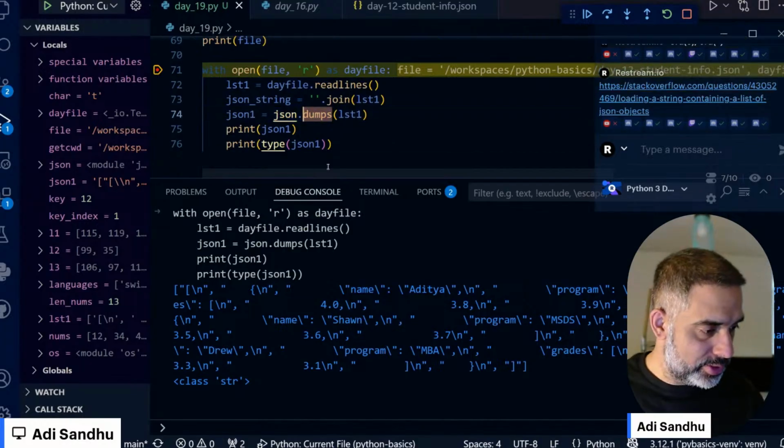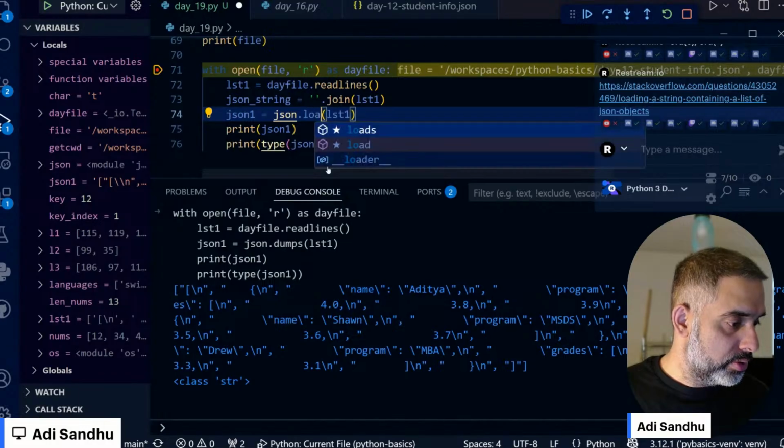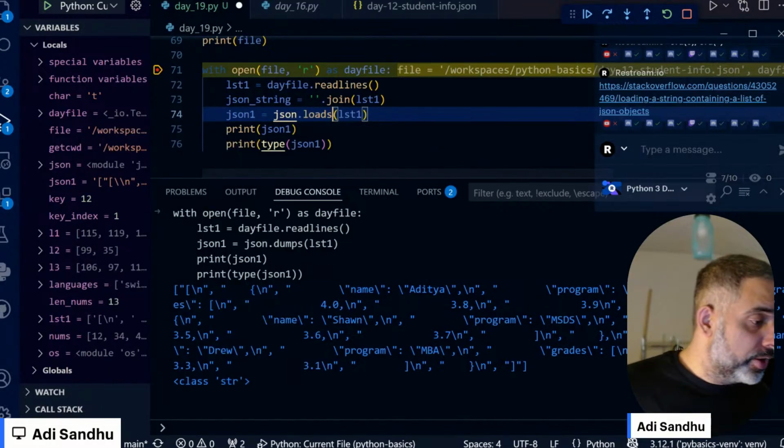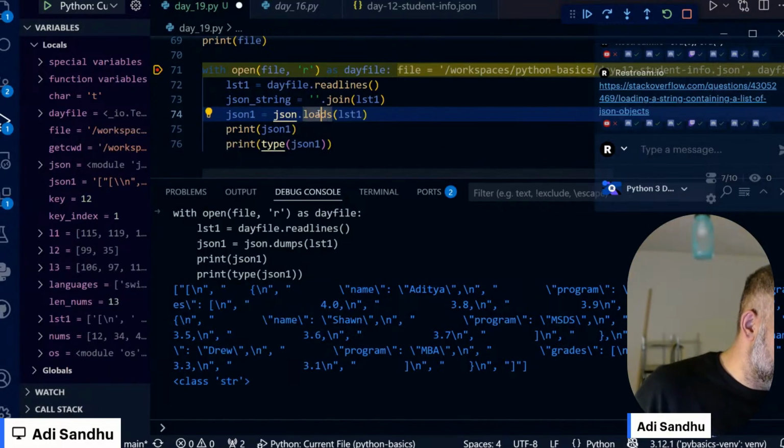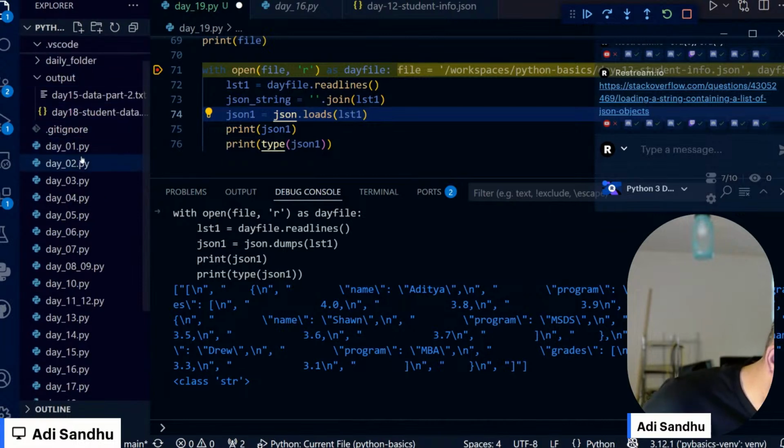It is what it is. It's loads. My instinct was, 100%. Okay, so the loads function always takes in a string. And if you go back to our earlier JSON,